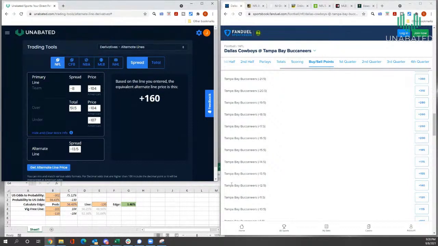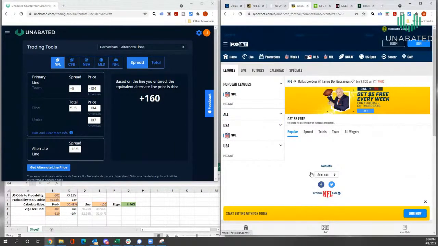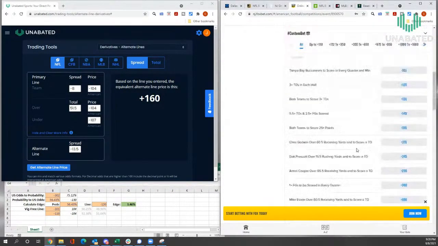The tool says +160 would be the appropriate price. They're only giving you +155. It's not a bad price, but it's still not enough. And what I'm going to do is go over to one of these other books here that might not be as sharp,